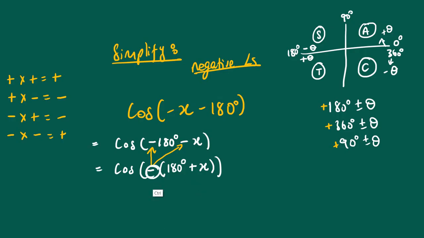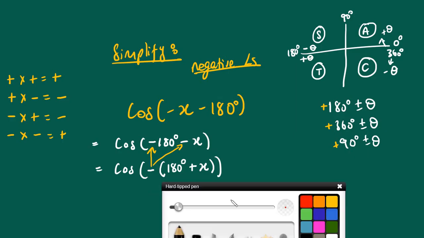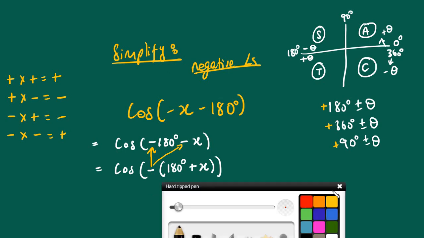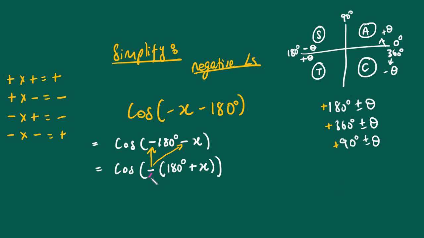If there is a negative here, right? If there is a negative here, and then you are working with cos, if there is a negative here that you took out, because here it's taking out a negative as a common factor. If there is a negative and you are working with cos,